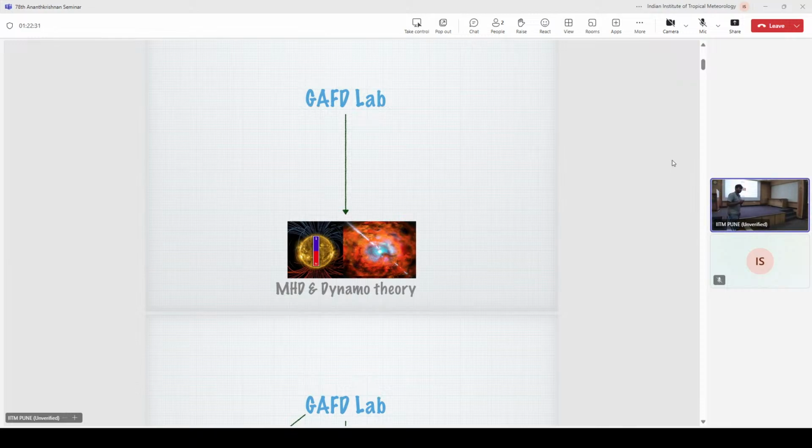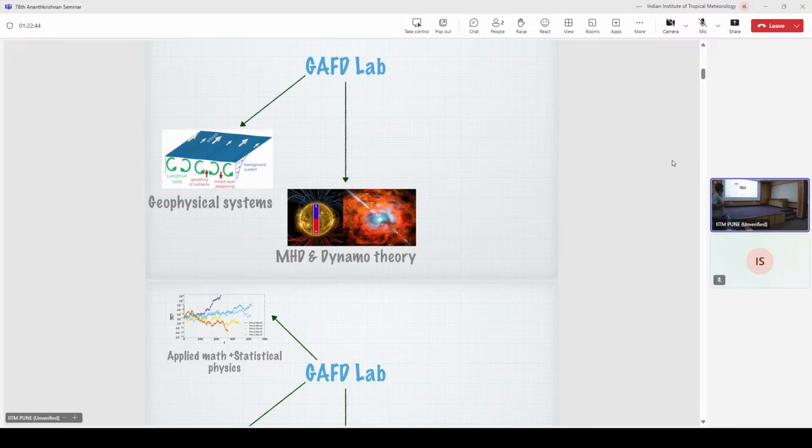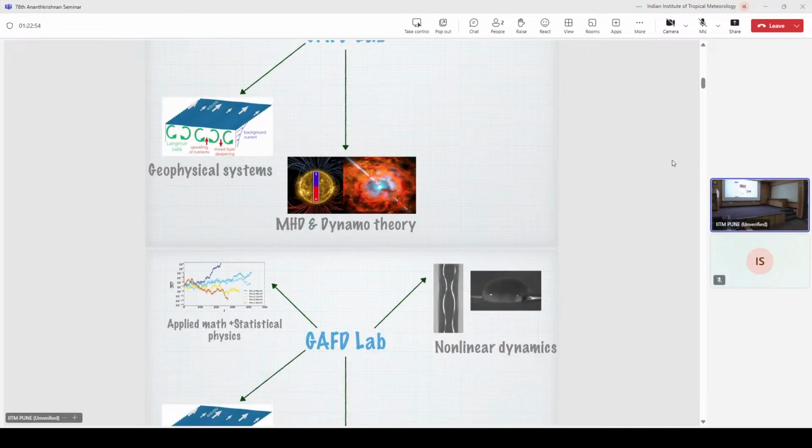This is about how planets and stars have magnetic fields. What governs the existence of magnetic fields in different stars and planets, and what is the amplitude of the magnetic field that one sees in these different stars and planets. Another set of systems that we look at is geophysical flows. Like how do you understand, which most of you are very familiar with, flows on top of the ocean, in the atmosphere, and so on. And most of these systems are